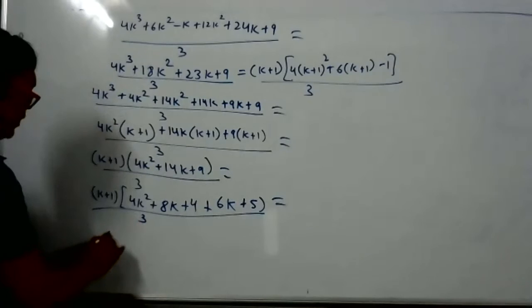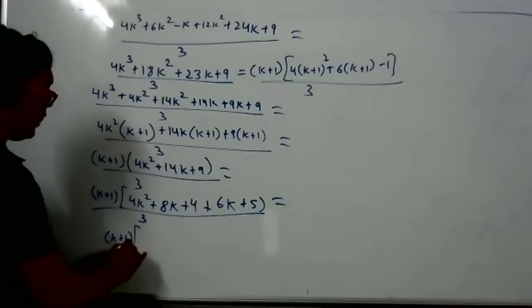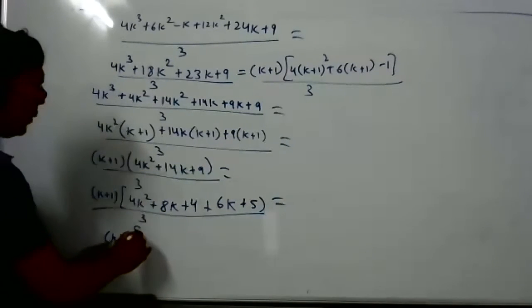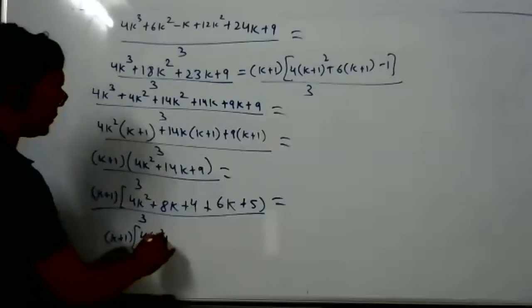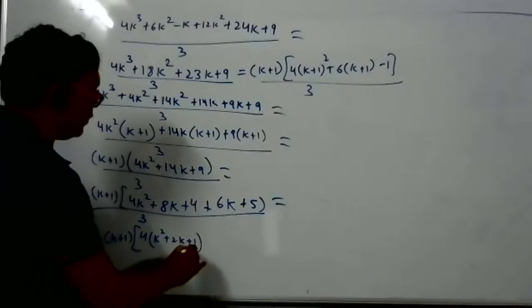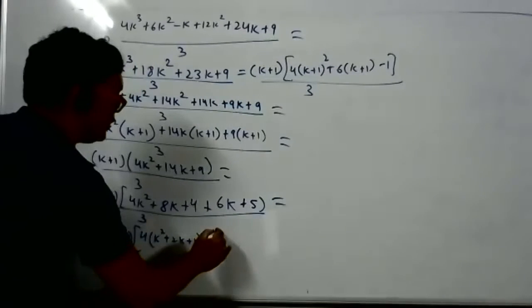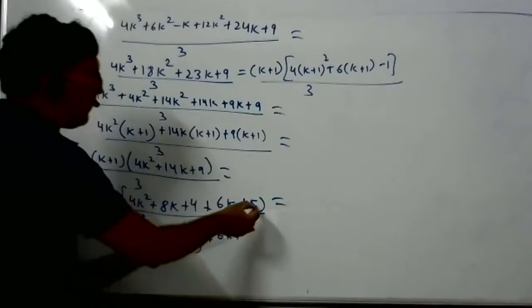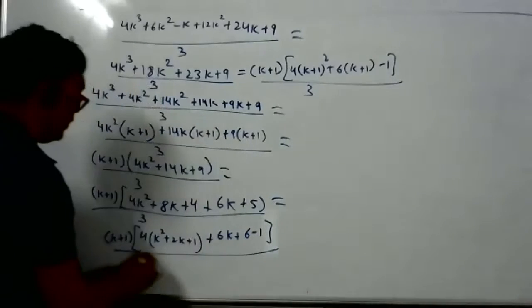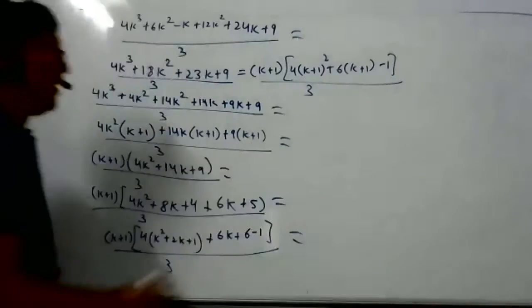Now see here, I think you can see the board now also. From the first three terms take 4 common. So what is left now? K square plus 2k plus 1. Now what do we want now? 6k plus 1. 6k. 5 I can write as 6 minus 1. Now I think we got the answer. So on the right side, no need of writing the right side.